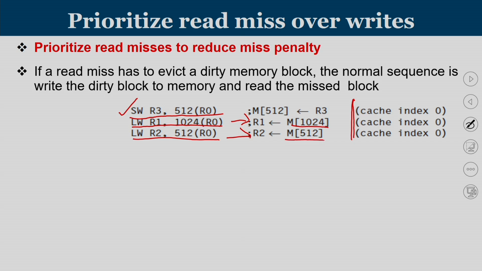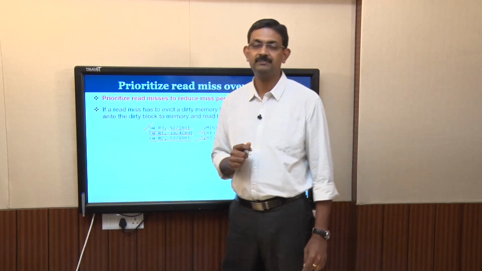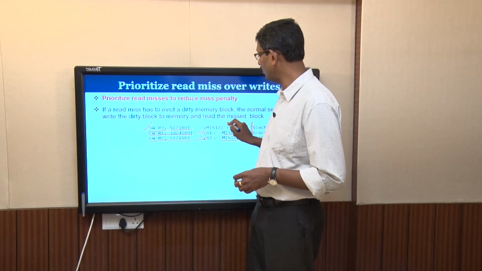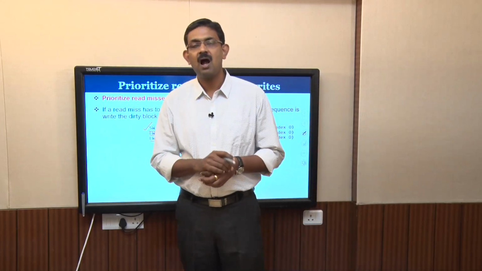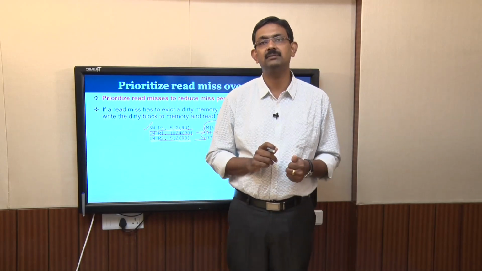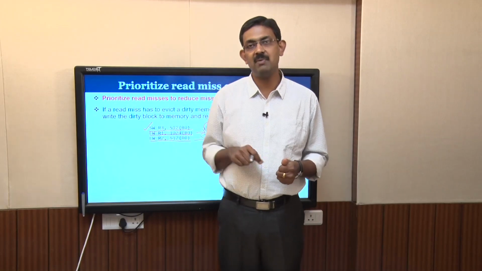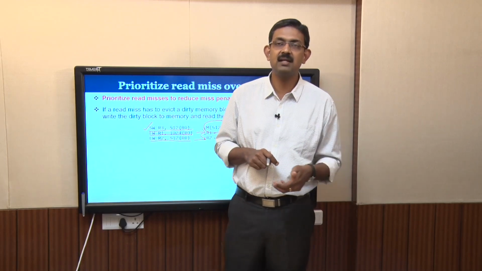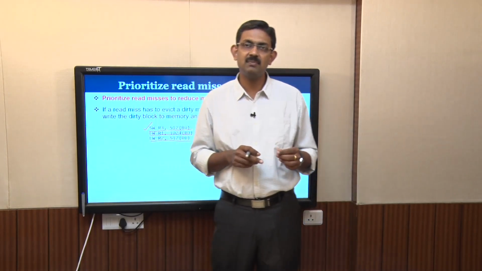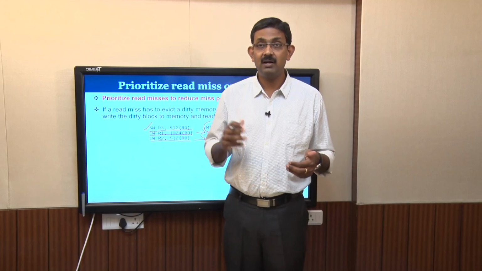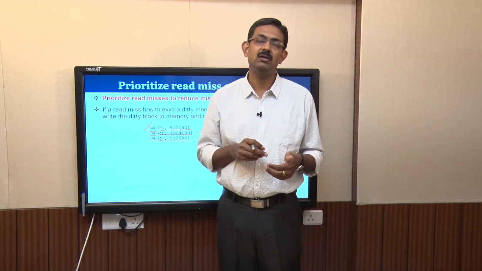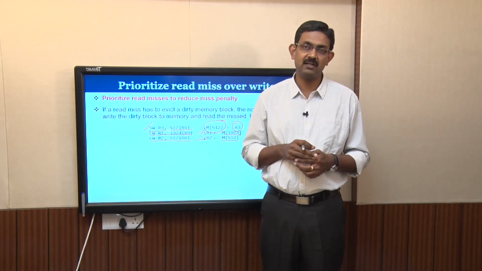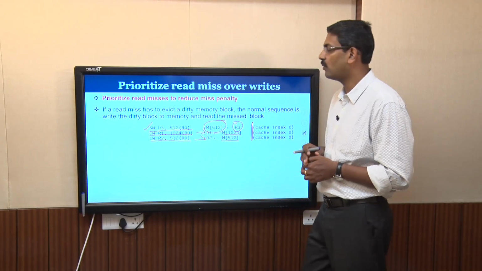In this case, it is basically a conflict that is going to work here. So, you are going to have a write operation, we are going to write something into block 512. After that, we are going to read a location. Now, once this write is going to happen in memory, in the meantime, I wanted to have a read, assume that this read is a miss. Once the read is a miss, you are supposed to bring the block. But when the write is happening into the same block in which the read is going to be performed, then it is always better to prioritize this read over write.